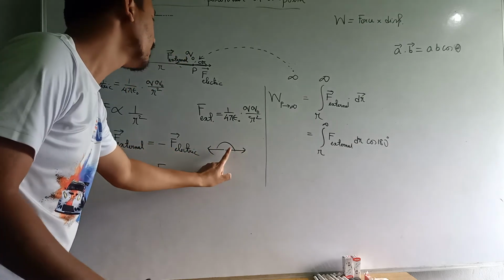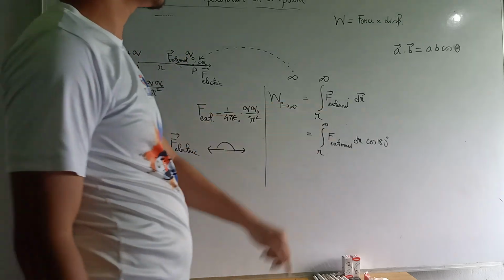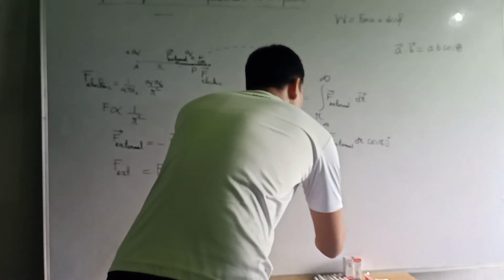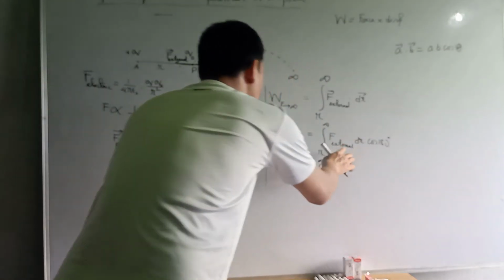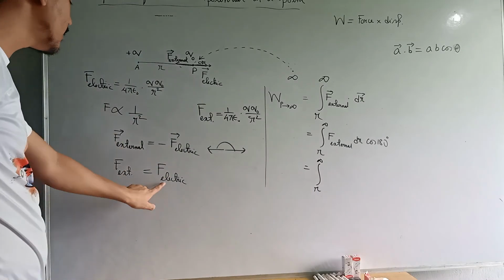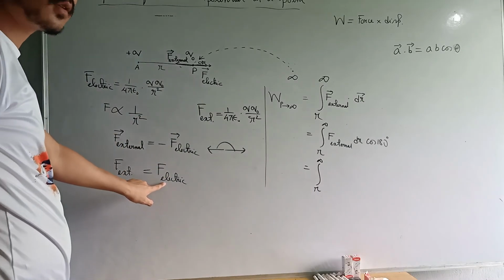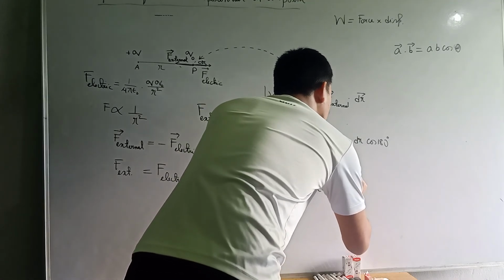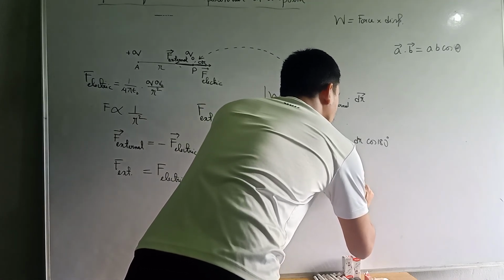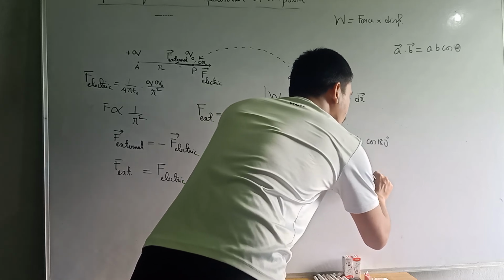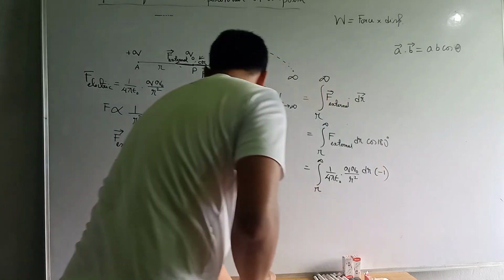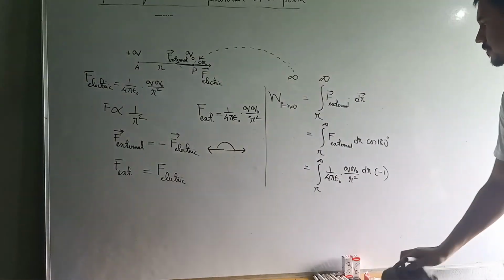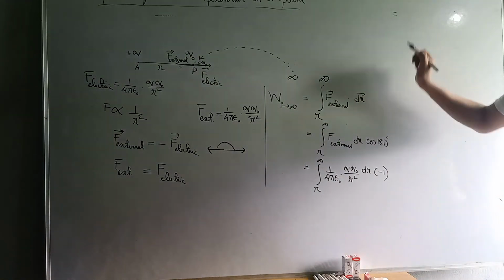Displacement dr, force F external, and the angle is also 180. Now integration r to infinity. Your F external is equal in magnitude to that of electric force, which is 1 by 4 pi epsilon naught into q naught upon r square, dr, cos 180 is minus 1. Clear? Are you clear with that? Now, this is equal to, this minus comes out,